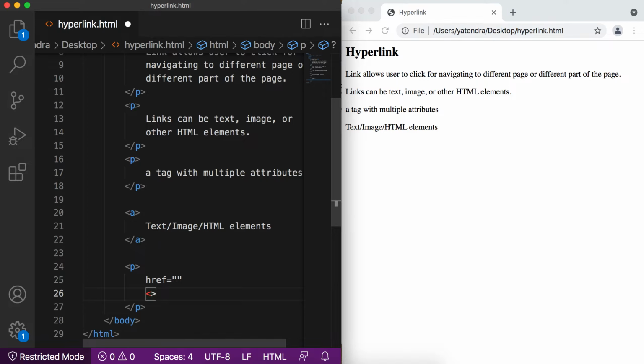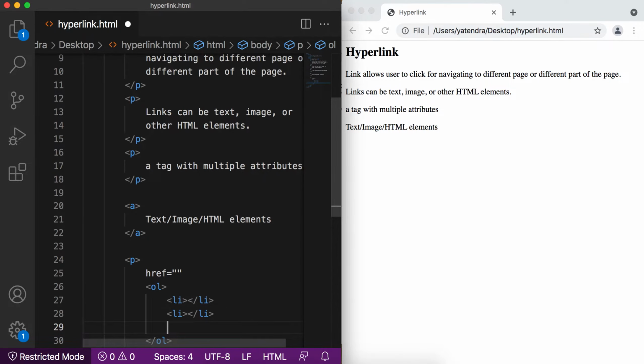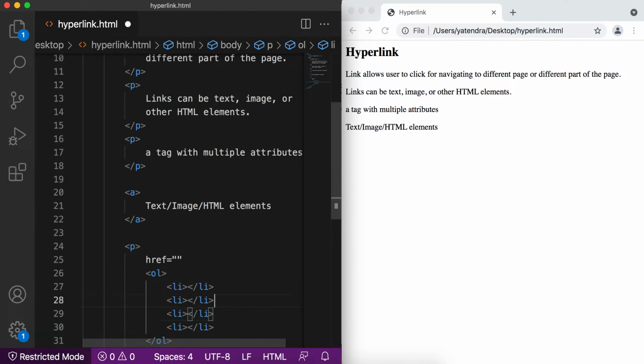Let me add one ordered list here and add a few items. Copy this four times maybe. So here we discuss the possible values of this href attribute.